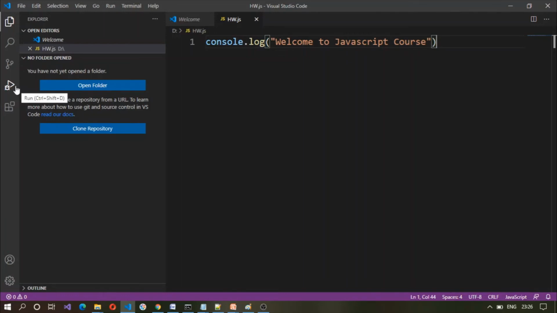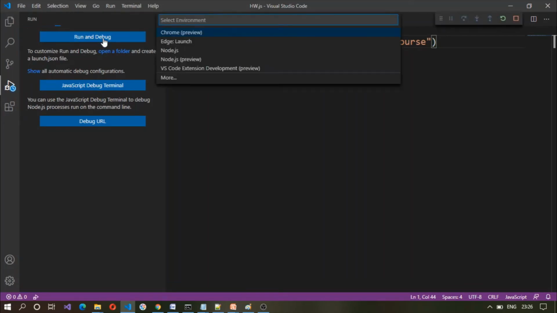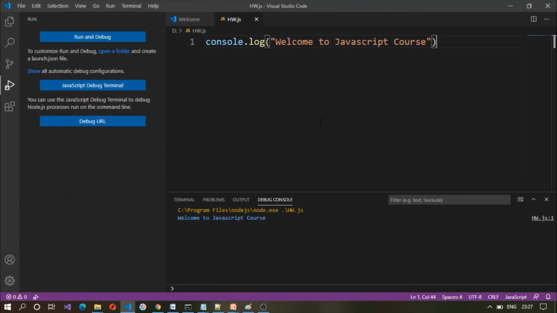Either I can run it here by clicking on run and debug using Node.js. You need to have Node.js installed on your machine. Installing Node.js is very simple.